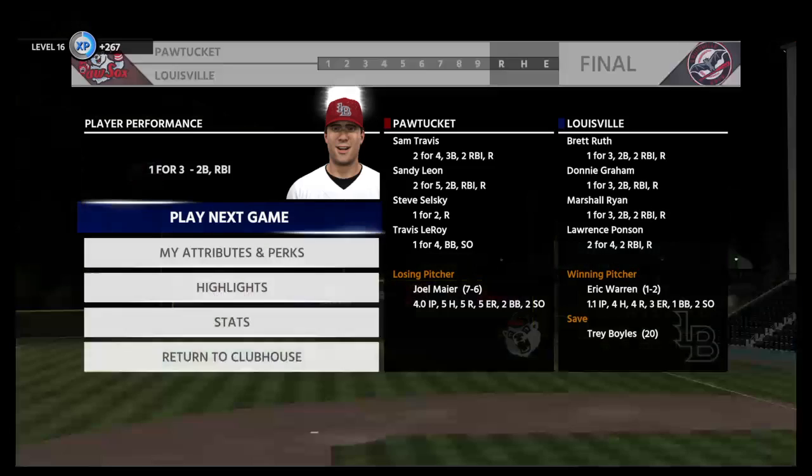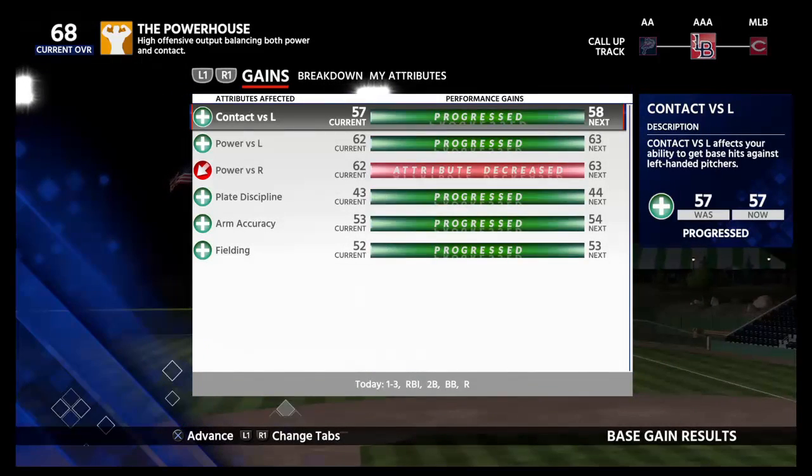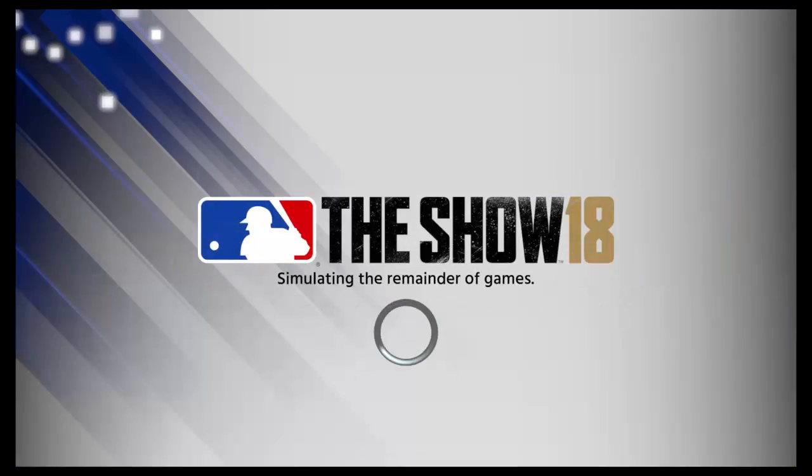7-4 is the final score in tonight's game. The Bats took the lead in the second inning and rode that until the very end. Eric Warren claims the win out of